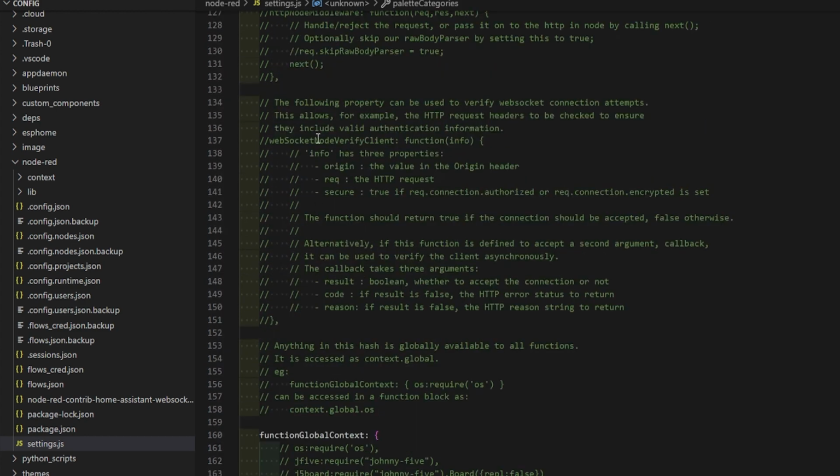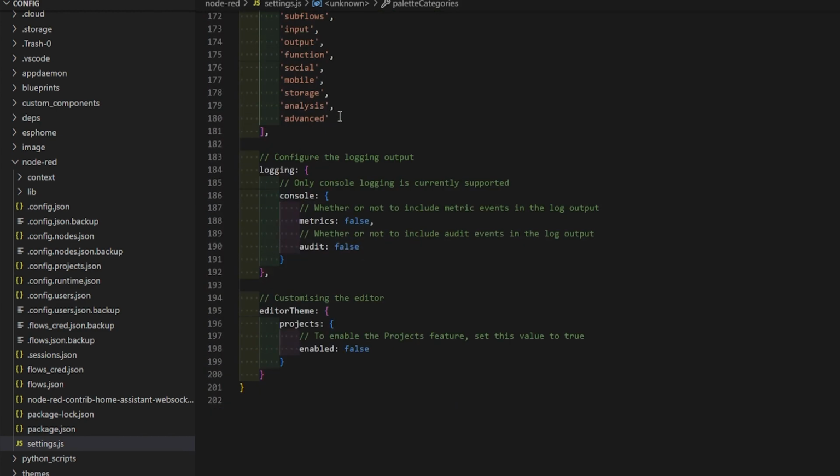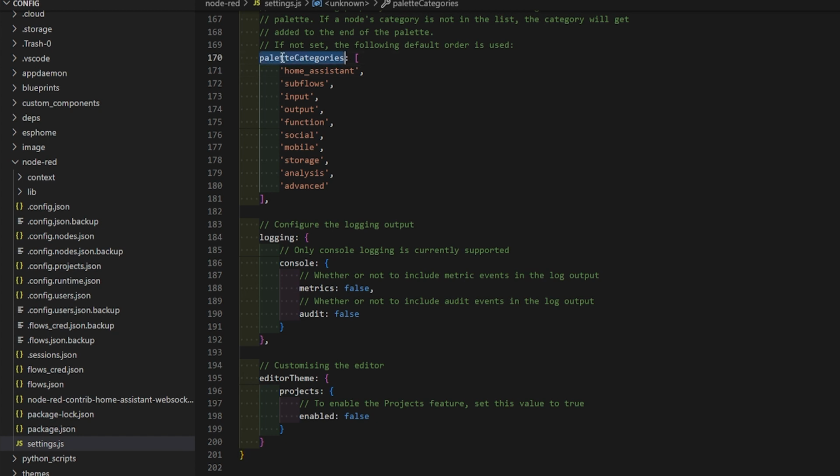Now, each one of these sections, apart from all this stuff up here, we'll go down to the bottom. Each one of these sections is designated by a name and then a square bracket. And if I select one, you can see the other one is highlighted as well. So that tells me that this particular one, palette categories, all its values are in between these two brackets. It finishes with a comma. So this tells the settings that there's something else after it, except for the last one, which doesn't have a comma. So we need to replicate that.